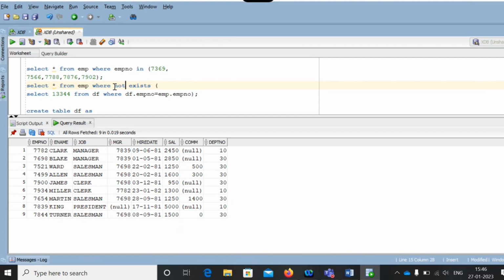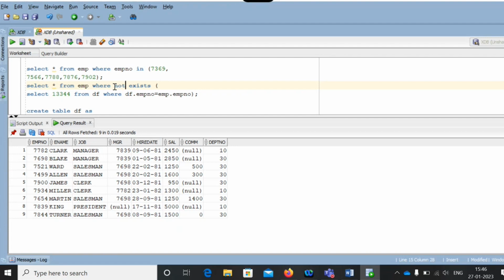operator, because the exist operator will check the Boolean values. It won't check the actual values. If I use in 7369, 7566, 7788, something like that, it checks all the values one by one and displays the results for you.